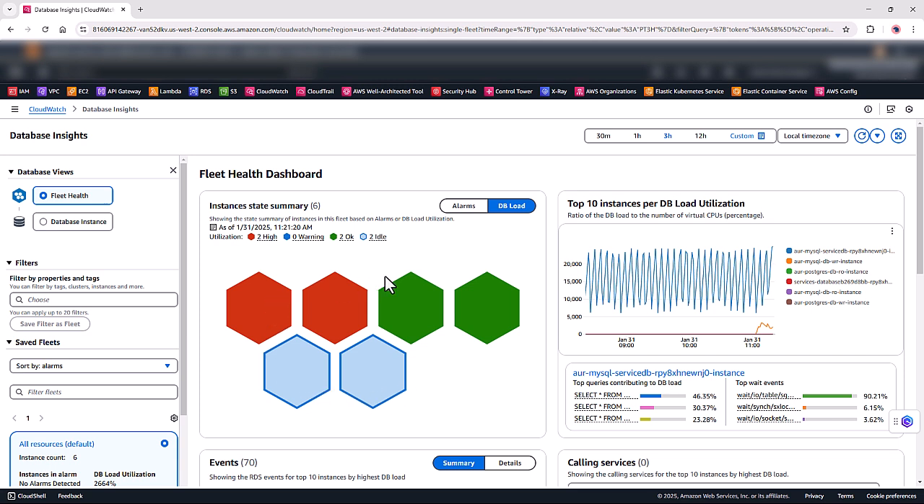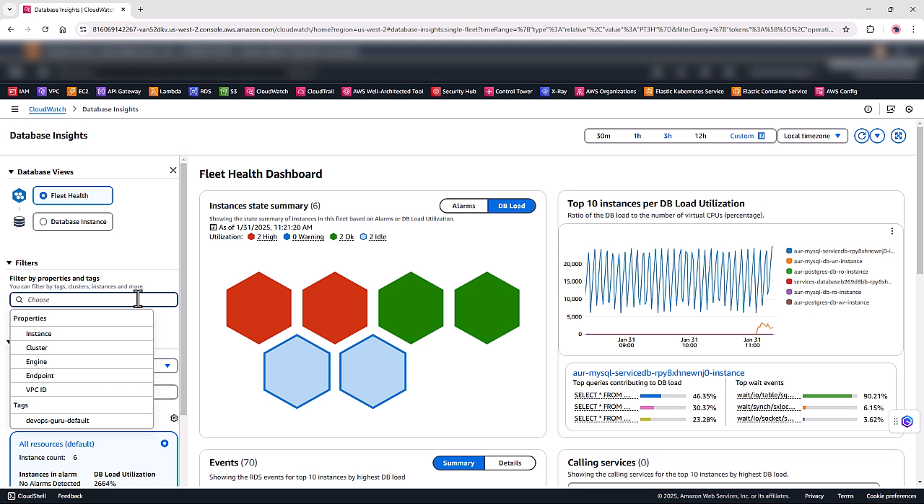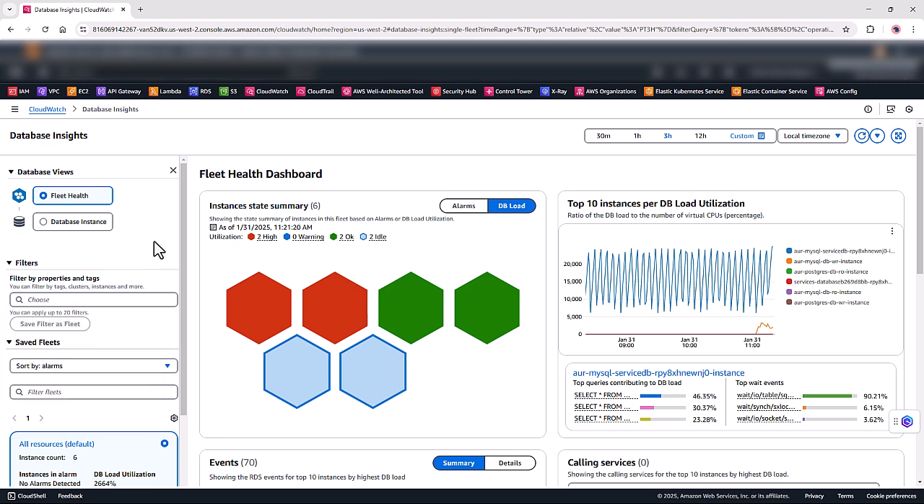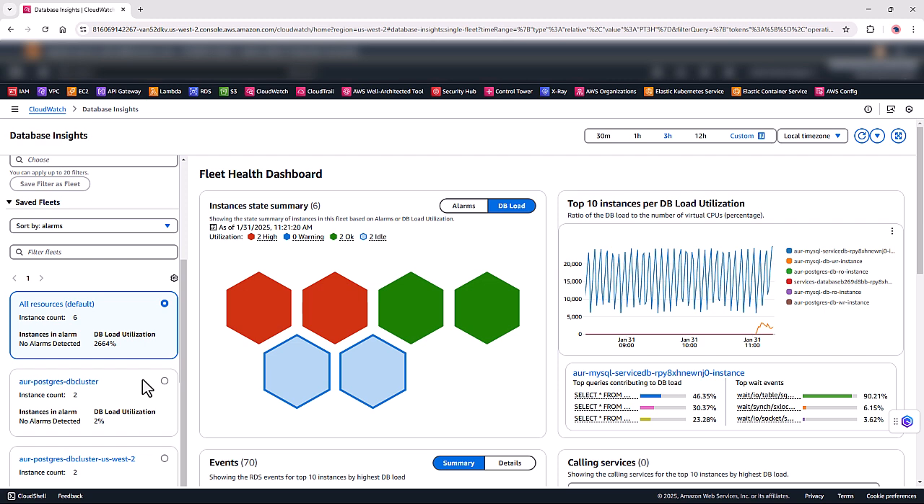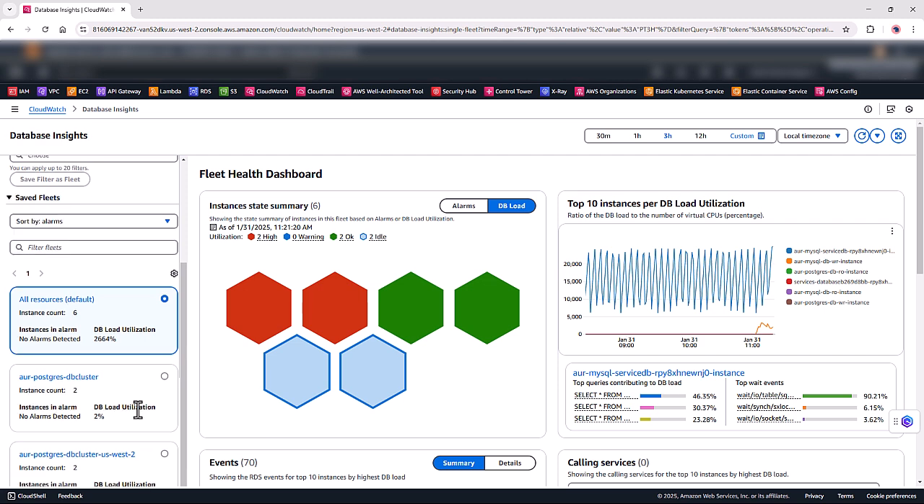A monitoring view for a database fleet can be created and saved as a fleet by choosing filters like instance, cluster, engine, endpoint, VPC ID, or tags. The saved database fleet can be used for purposes like frequent access or for grouping database instances. Once you have a database fleet selected,